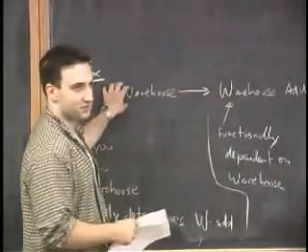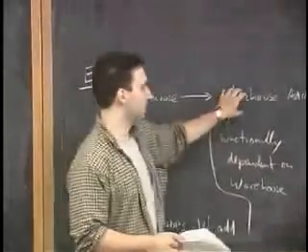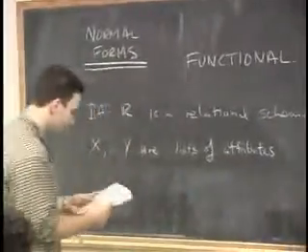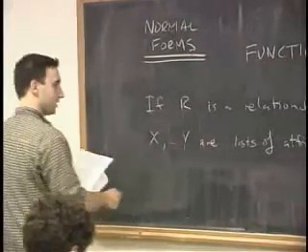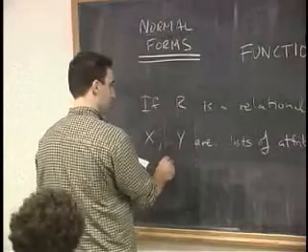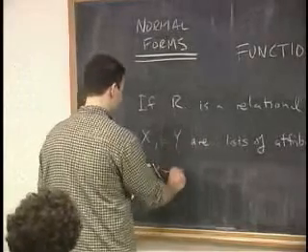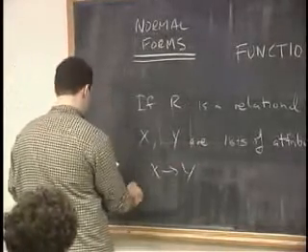I could have a few attributes. If I know all of them, it determines a bunch of other attributes. So in general, these could be lists of things. And this is the notation that you use in the book, so I'm trying to stick to it. So if these are lists of attributes, X or Y means,